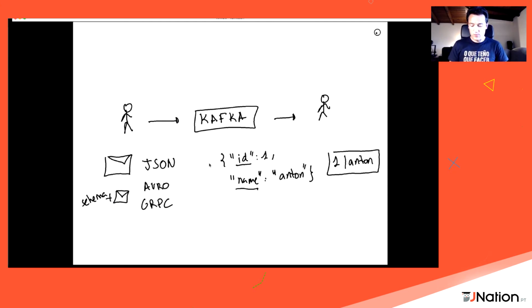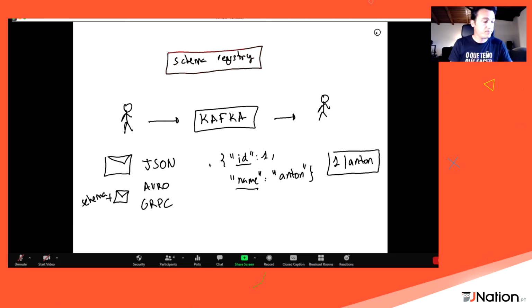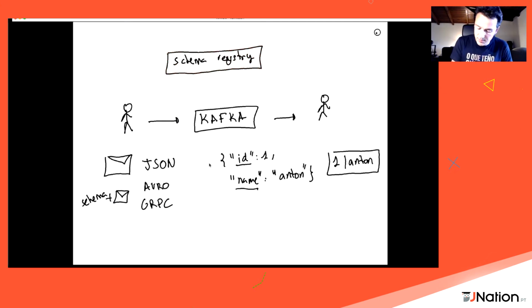So we could send to Kafka the Avro message and the schema, but there is a better way. And that better way is using an external component called a Schema Registry. A Schema Registry is just a REST API.